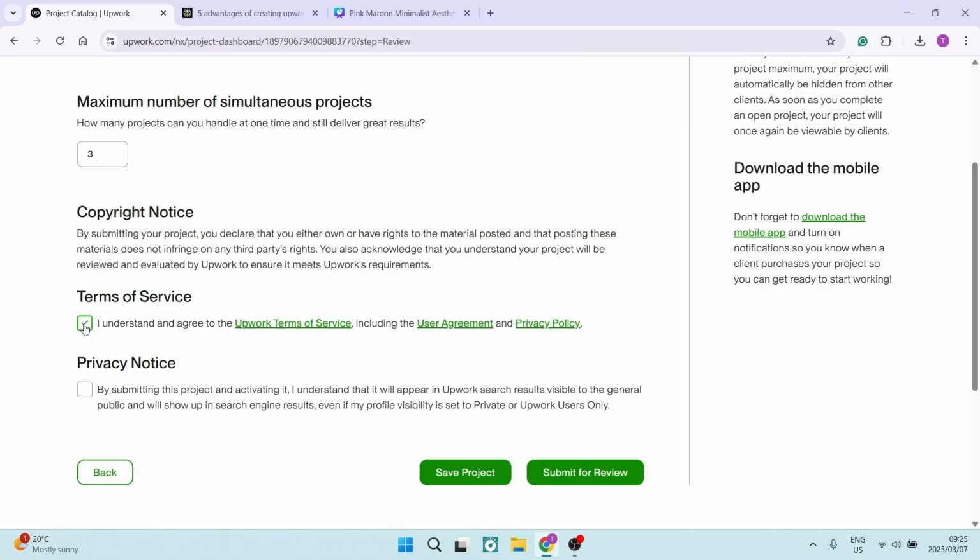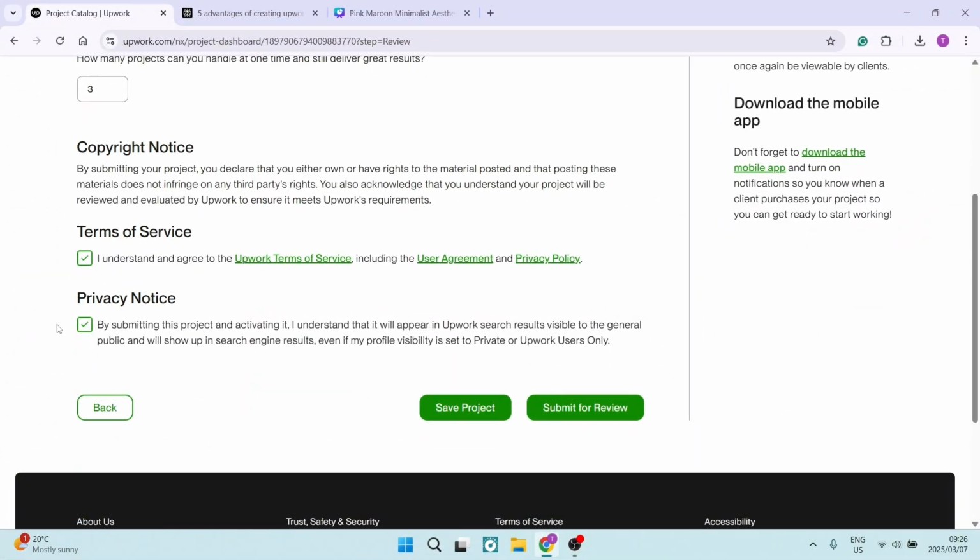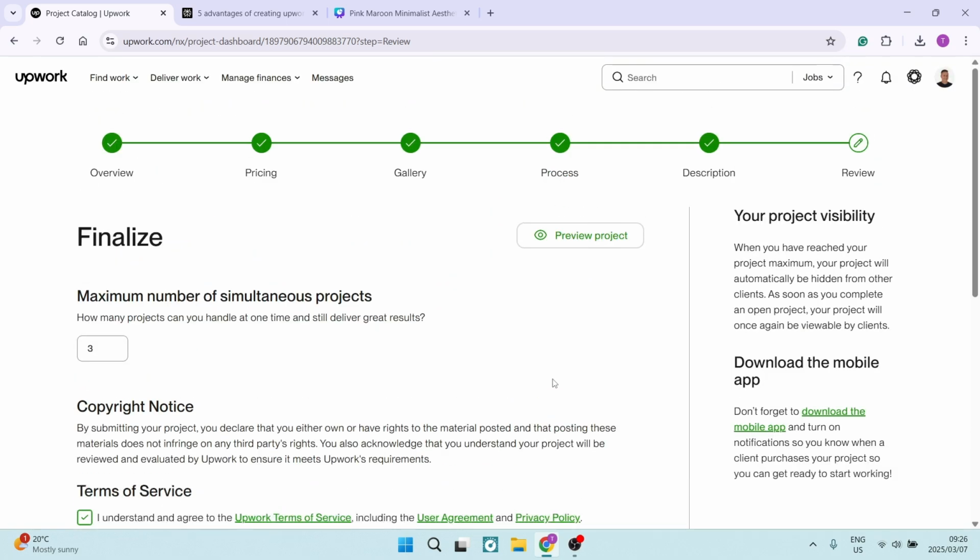My advice to any freelancer working on Upwork, read the terms of service. It'll take you some time, but read through them. It is really, really worth understanding their terms of service. I've never ever read through any terms of service for any company, ever. I just click on agree. Upwork's terms of service, they are important. Read them. You can also go to the privacy notice, make sure you've checked that, and then if you're 100%